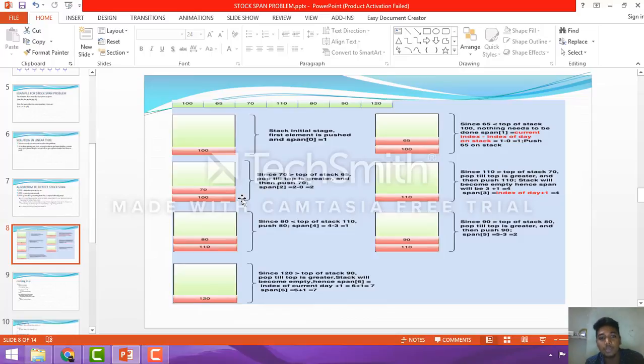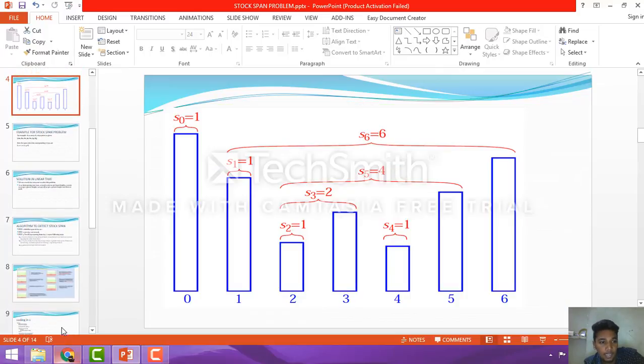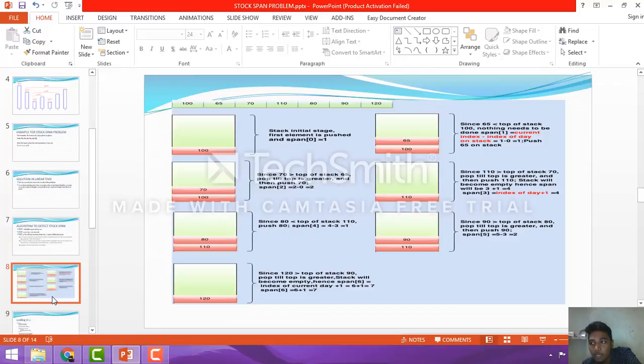How to find the span value is like the first table, as I already told you, we pushed the 100 value inside, and we mark the span value as 1. Then we have to find the span value for the next days. The indexes are 0, 1, 2, 3, 4, 5, 6. So we have to find the span value for each day. Already index 0 is marked as 1. So for the next day, 65 and 100: here the 100 is named as 0, and then 65 is named as 1. So the condition is true. 1 minus 0 is 1. That's why here they put the span value as 1.